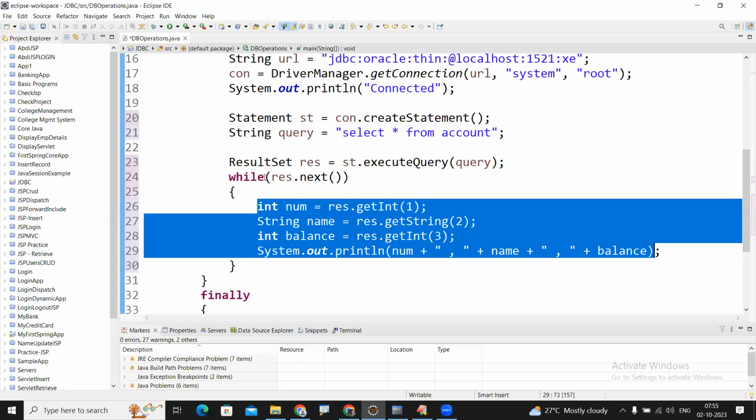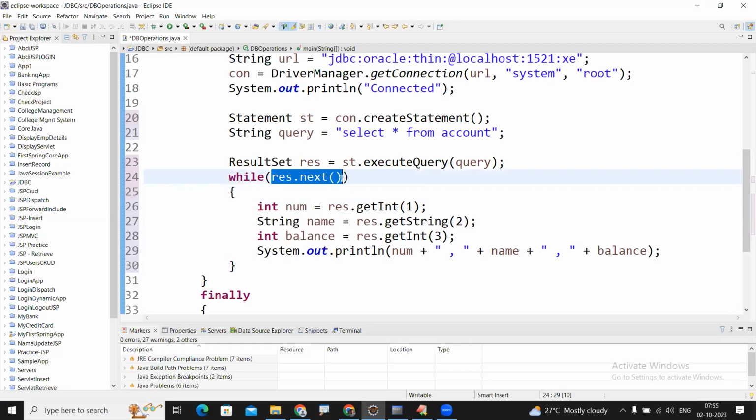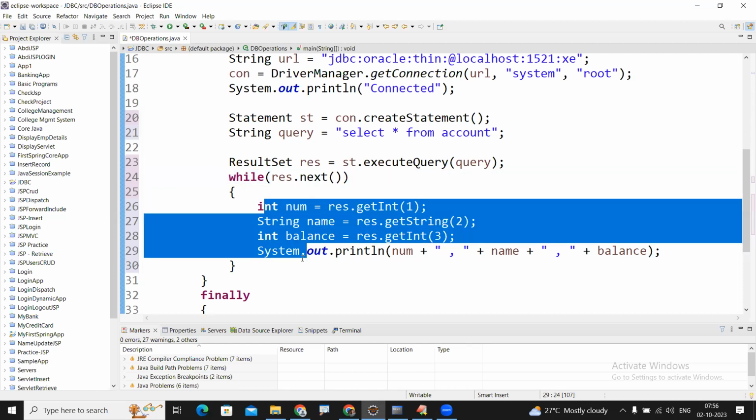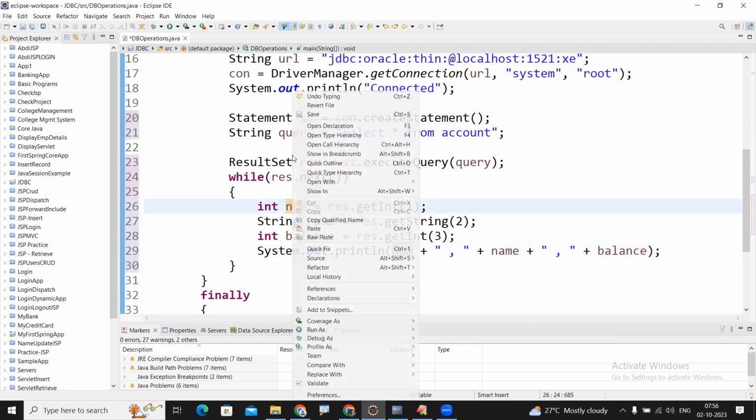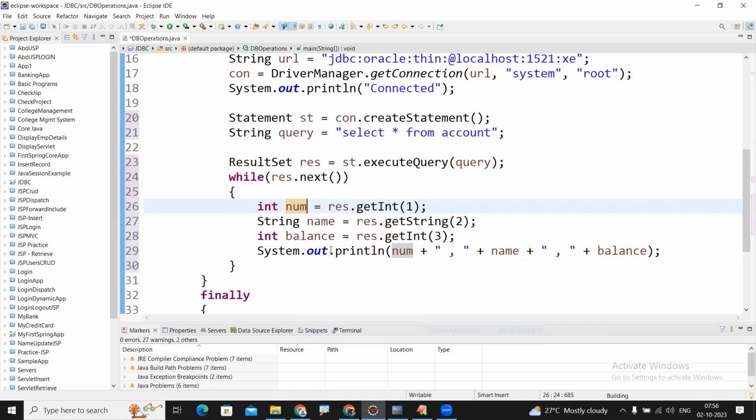How will the loop repeat? It will check, okay, second record is there. Condition is true. Display the details. Again the loop will repeat. Yes, third record is there. Display. Next it is looking for the fourth record. Is it there? No, it's not there. If it is not there, then it will be terminated. So when you run this code,